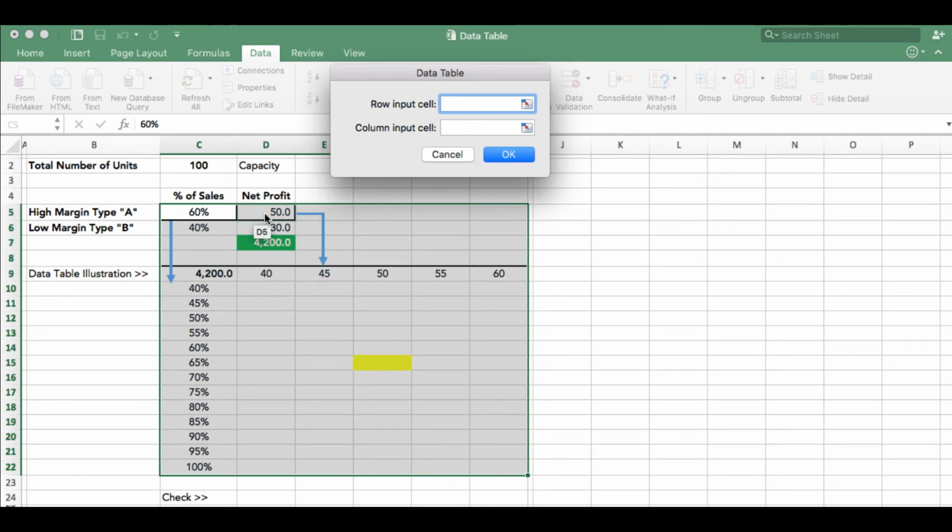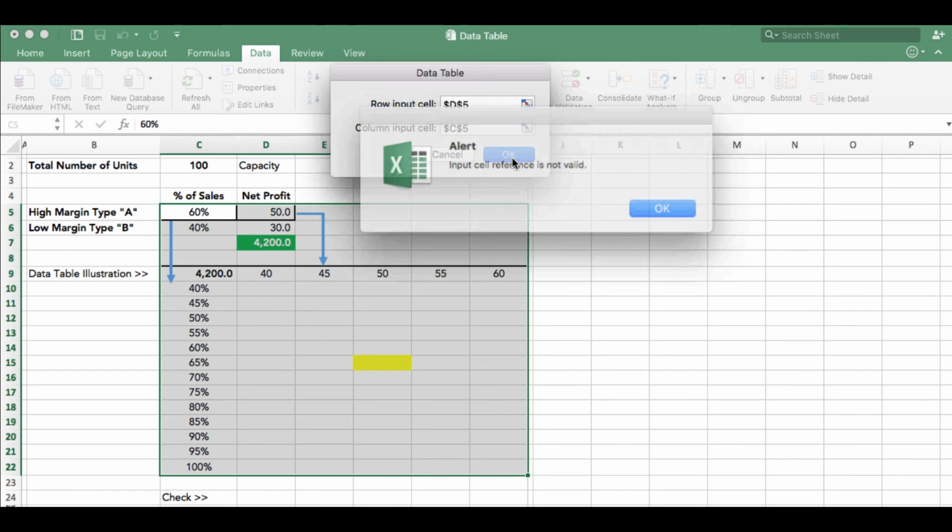So what I would do is select the net profit in the row cell, or the cell D5, as the row input cell. And we also looked at in the column we had the sensitivity of the 60%, which was the input of high margin type sales. And then I press OK, and what Excel does,